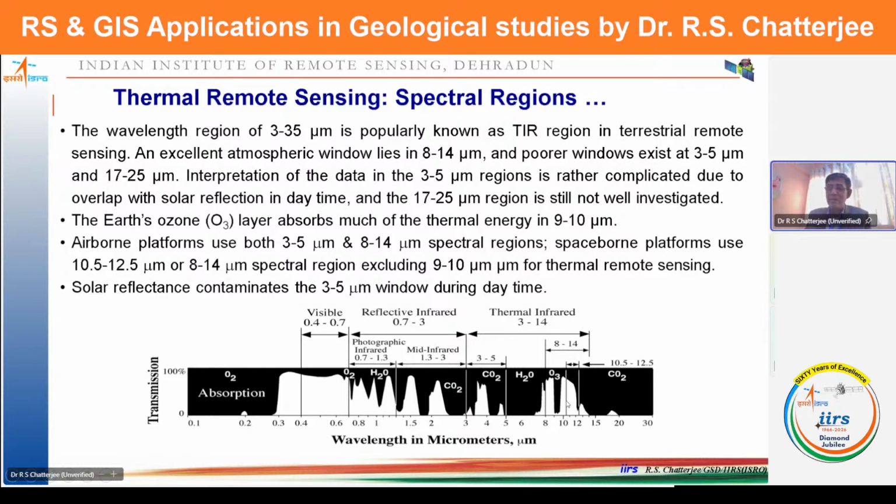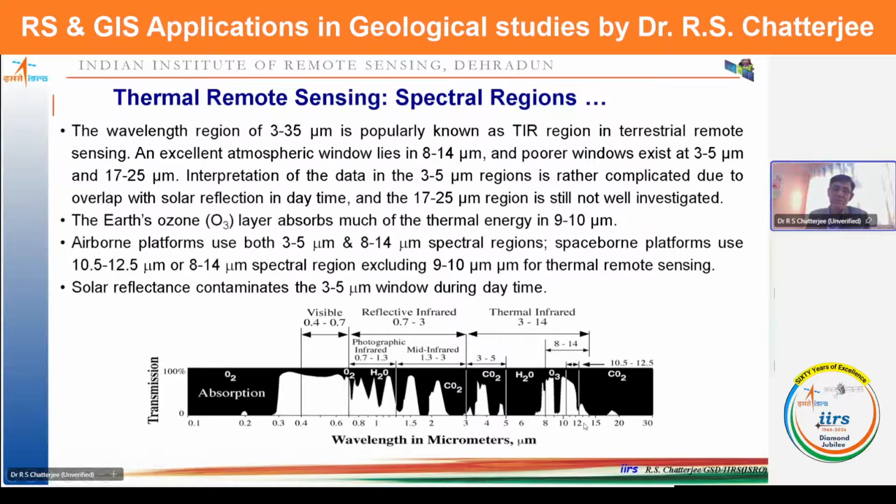There is another reason. The ambient temperature of the Earth is approximately 25 degrees Celsius. At that particular temperature, the maximum radiation takes place close to 10 micrometer. And you see, if you work in 8 to 14, 10 micrometer is in between. So you can sense the Earth's surface well, if the maximum radiation peak lies in the spectral region of your study. Whereas 3 to 5 micrometer is generally used for high temperature object detection. Okay. And 17 to 25 is for relatively low temperature, but here atmospheric transmittance is very, very low, so it is